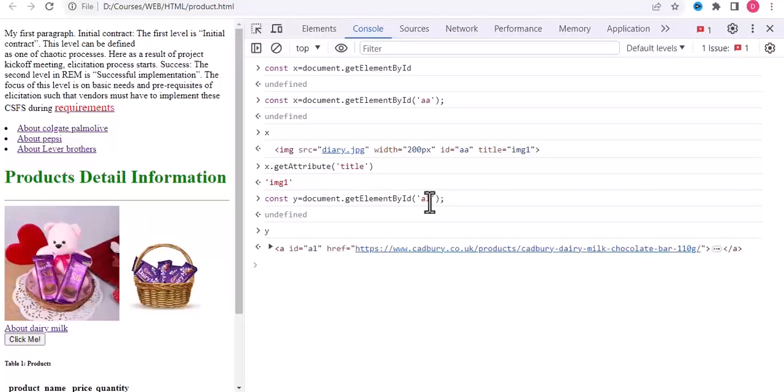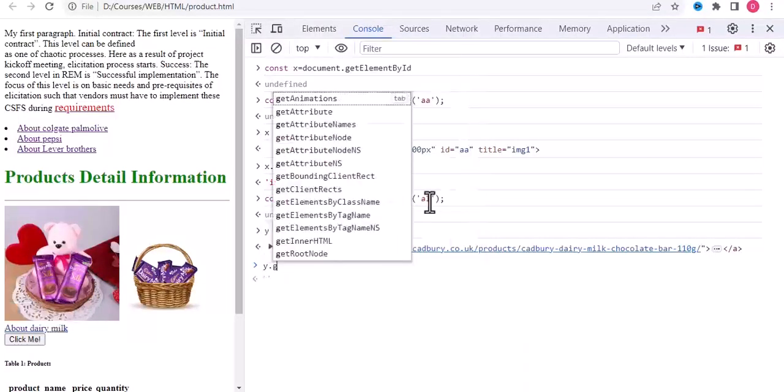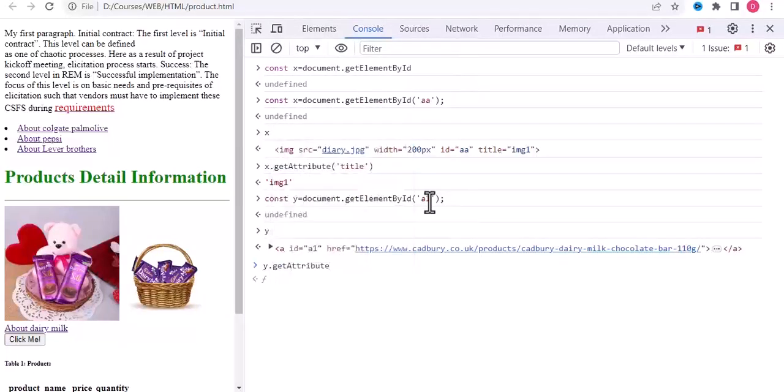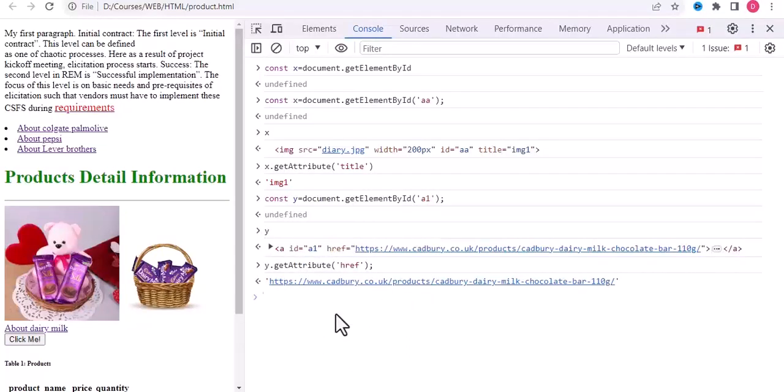So I write y.getAttribute and href. So you can see this link. So why do we get it? Remember that